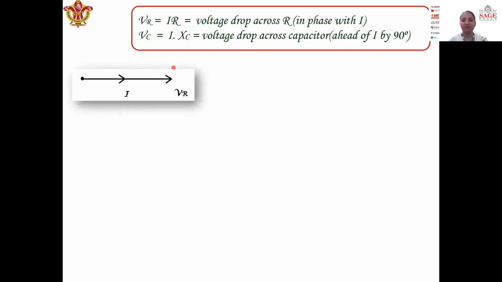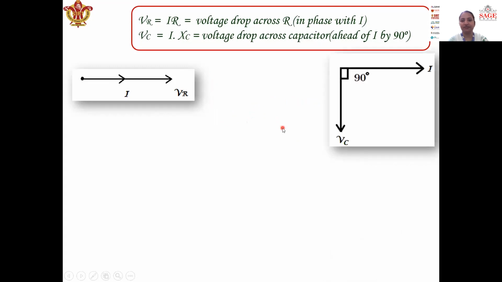So this is the phasor diagram of resistance, where current and voltage are both in the same phase, and this is the phasor diagram of capacitor, where current is leading voltage by 90 degrees, as we can see here, or we can also draw it like this. In the reference axis, that is the x-axis, we have taken current, and VR in the case of resistance is in phase with the current, and in the case of capacitor, the voltage across the capacitor, that is VC, is lagging behind current by 90 degrees, as is very clear here.